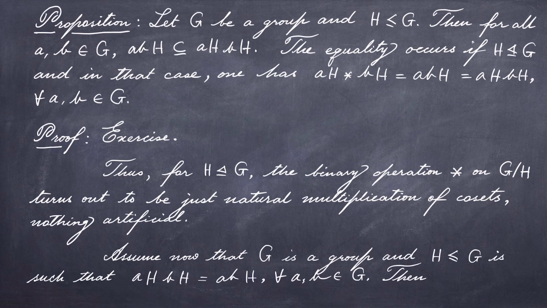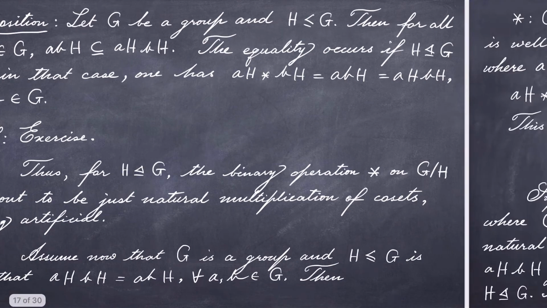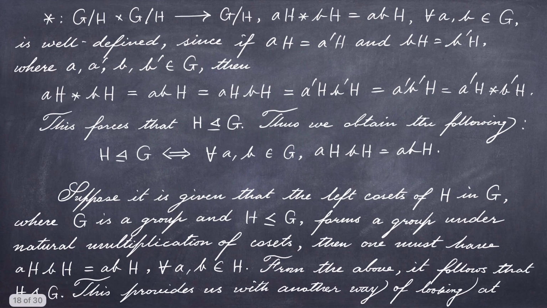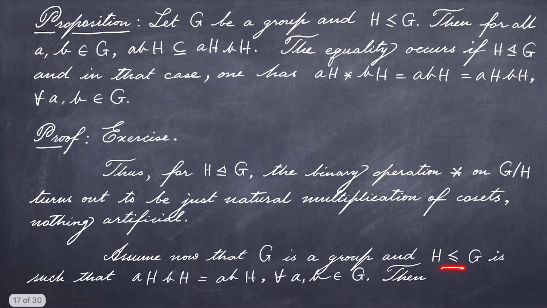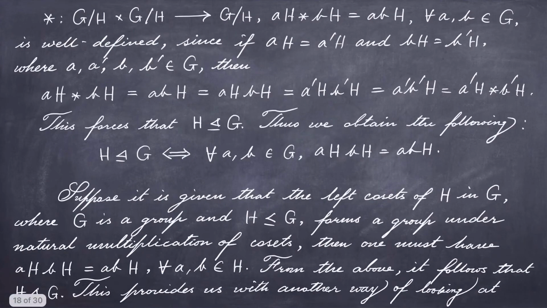So suppose we are given a group G and a subgroup H, and it's also given that for any A and B, the usual multiplication of these two cosets is equal to this coset. Then suppose this is given to us, then we see that the star defined like this